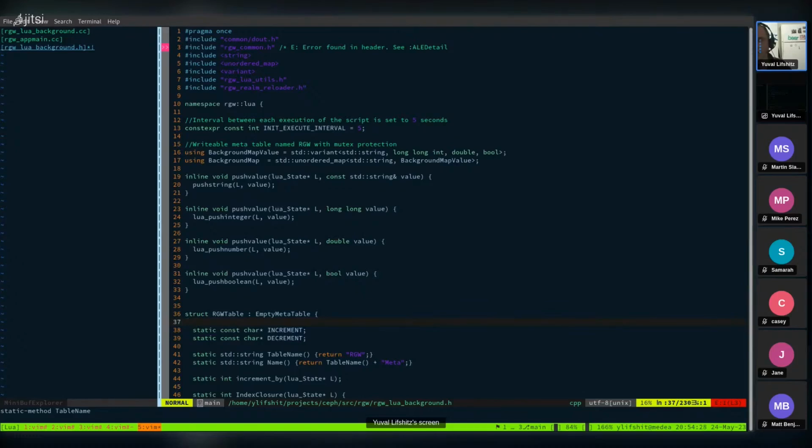So, for example, you want to count how many times you ran a Lua script in the pre-request context. There's no way to do that, because if you do that in Lua, then this information is lost when the Lua VM dies, and the Lua VM dies when the operation ends and you send the response back, unless you put that in this RGW table. So this is a global table that survives